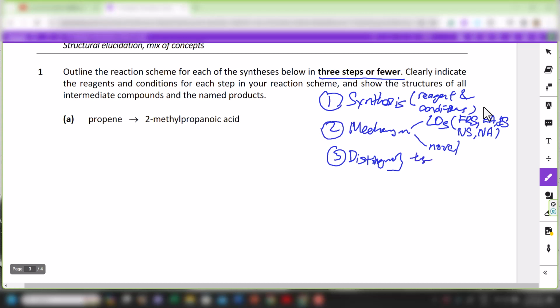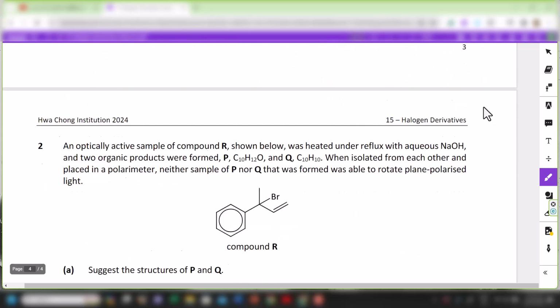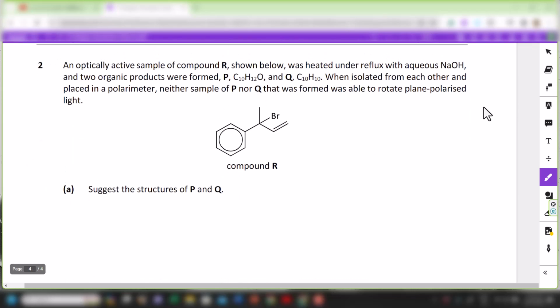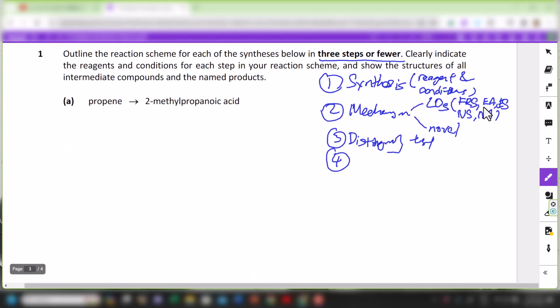The fourth kind of question that you're going to expect will be the hardest for students in most cases. An example will be like 2A. It's what we call structural elucidation. Normally we start off by telling you that this particular compound has a molecular formula of blah blah, and then you subject it to this particular reagent, and you get another compound B maybe, and when you subject B to another condition you get C. So you are supposed to identify A, B and C, etc. This kind of question is known as structural elucidation. They tend to be quite difficult for students,